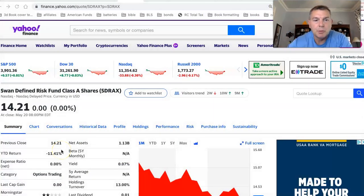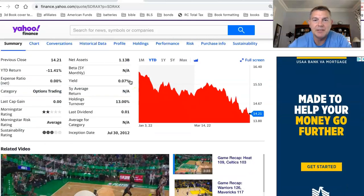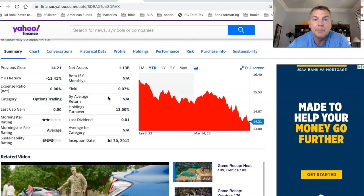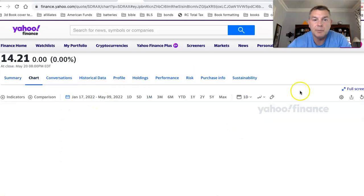Anyway, long story short, so Swan Defined Risk. Let's go to year to date. And I was kind of like, oh man, I was just disappointed, man. So year to date, they're down about 11.5%. And that stinks. And if we go to the chart, we'll look at the Swan compared to S&P 500,